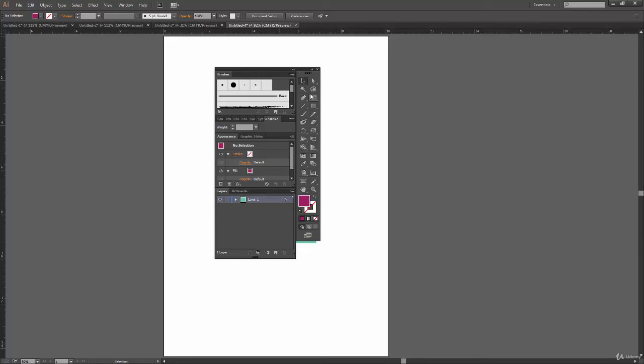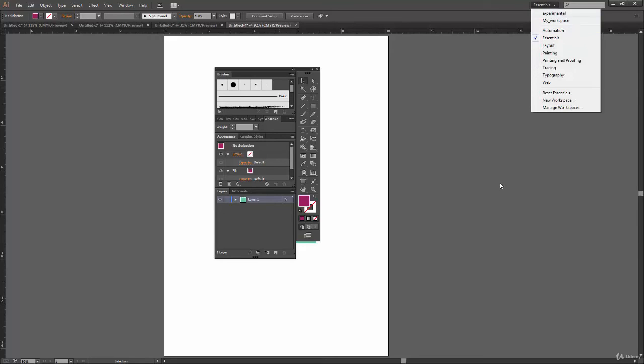Now we can go and understand the difference between interface and workspace, and how we can create our own workspace, reset it, or load an existing workspace. What is interface? What is workspace? This confused me a lot. So I did some research on my own and I found out the differences. I hope it helps you. It might not be the exact information behind this, but it makes a clear difference between these two words, interface and workspace.